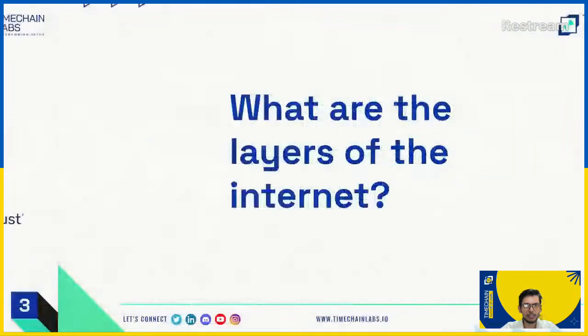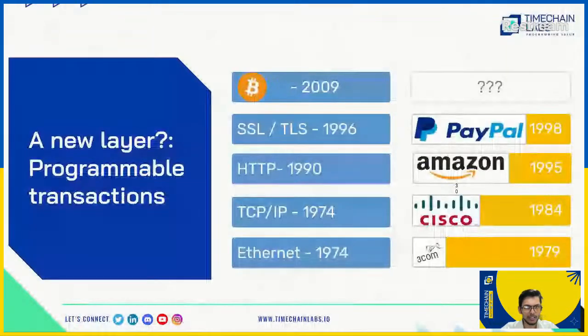Now, we look at the layers of the internet and where blockchain or Bitcoin fits in. So, Bitcoin essentially introduced transactions as the layer of money on the internet, in the layer of the protocols of the internet. Programmable transactions is something else that Bitcoin also introduced, because it can do payments which can be programmed with code, and now you have control over your transactions and you can code for when the transaction should happen, let's say when you do a click and when you do not. So that is the innovation that happened, of a programmable layer of money.